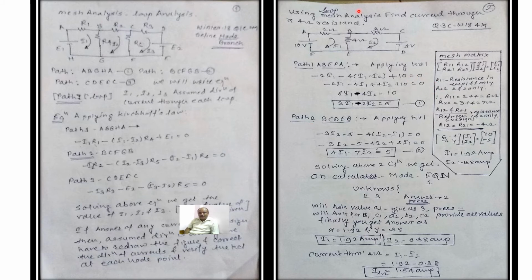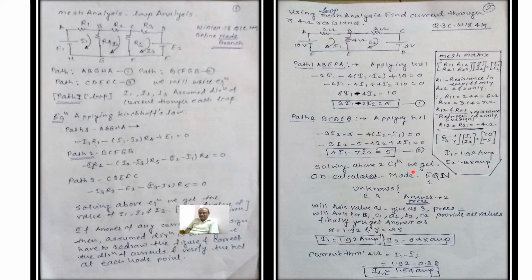Similarly, if we apply here for the loop 2, so again here is a 3 ohm resistance, so minus 3 I2, the current which flows through this. We are also traveling from this to this, current I2 is also flowing to this, so minus 3 I2. Now here battery is first positive, then negative, so it is called minus 5. Now we are in loop 2, that's why we are supposed to write minus I2 minus I1 into bracket, and we have to multiply it by 4 and is equals to 0.